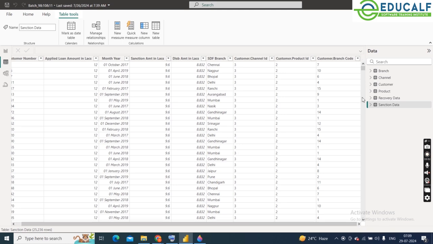So here I am going to create some column, like what is the difference between sanction amount and disbursed loan amount. I will write down some formula: this value minus this value. So 9.6 minus 8.832. Then it will show me the difference between sanction amount and disbursed amount. See, you are simply using a formula called subtraction to subtract disbursed amount from sanction amount,